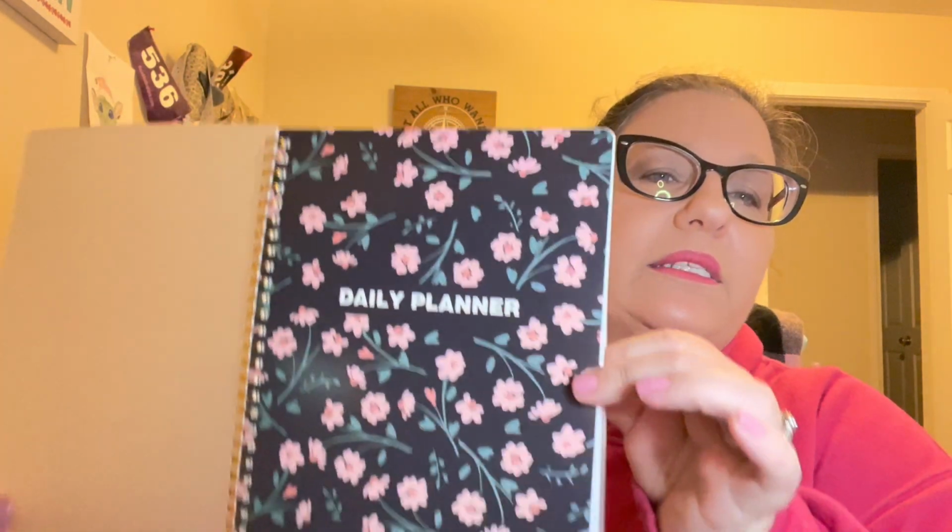found this little company called Minerva Journaling, and I wanted to just try out different daily planners. And so this is their daily planner. It has a little plastic covering, but it is this beautiful floral daily planner. So I decided to give it a try,